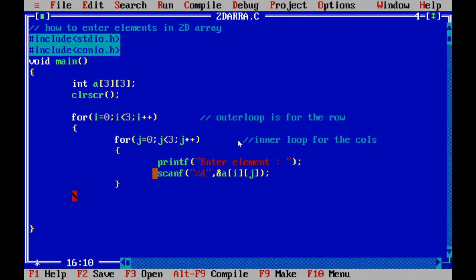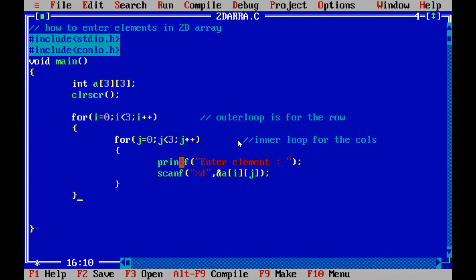After that it will change, i will become 1, and then again it will run the j loop, the inner loop, right? So every time first it will keep the row constant and fill all the data in columns, then it will go to the second row.